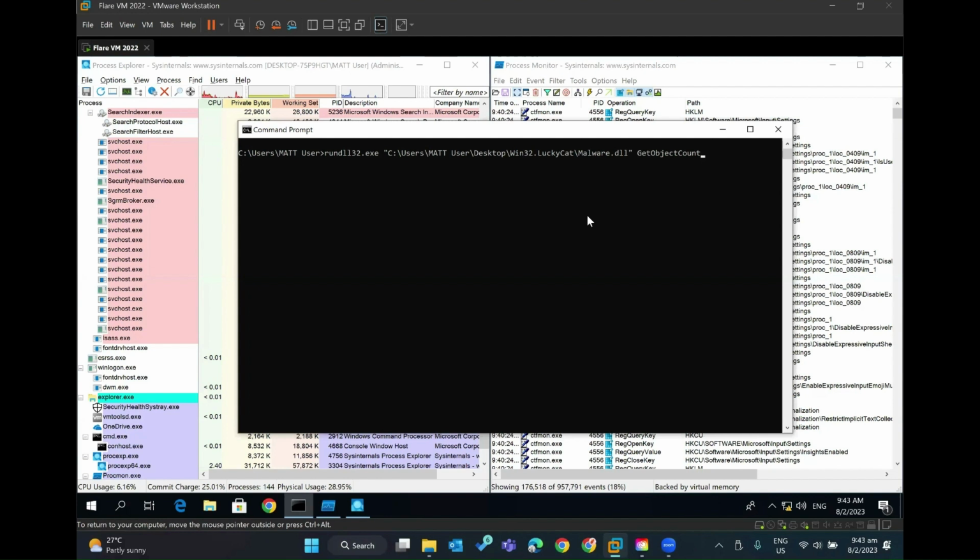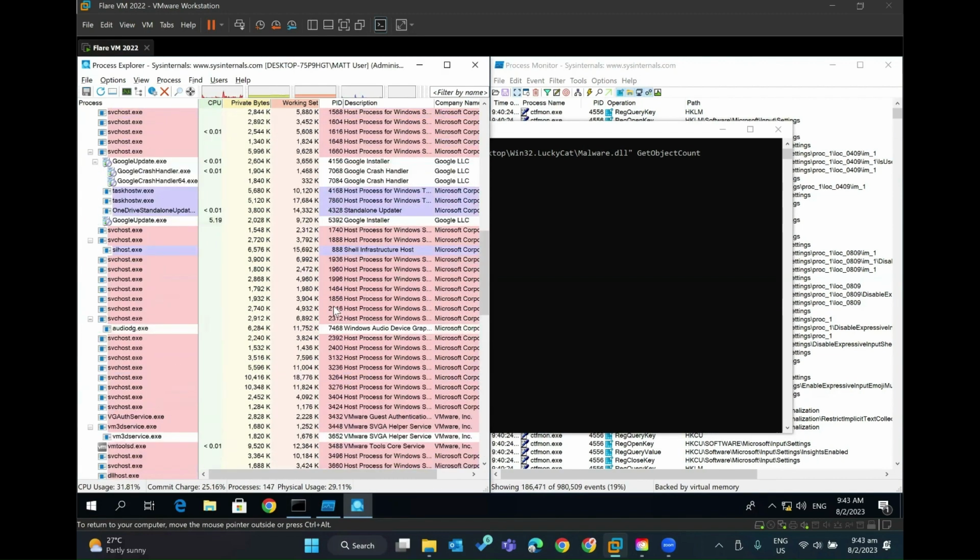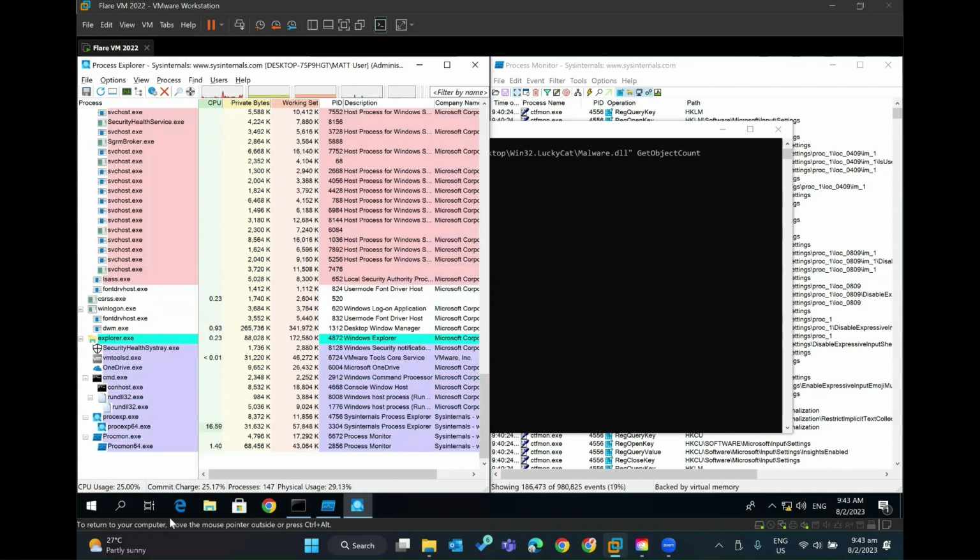So after capturing the network activity, we will next proceed to analyze the processes created by the malware. To monitor these processes, the Process Explorer tool as well as the Process Monitor tool are used. The malware is run, and after it has been run, looking at Process Explorer, we try to identify any new processes that were created. In this case, the process that was created was rundll32.exe, and to confirm that the malware